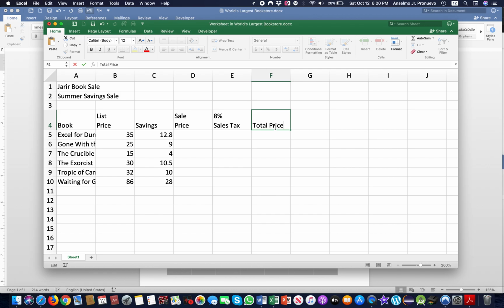Okay, let me say total price. Of course, I have to put the word price under the word total, so I have to press Alt Enter again. Okay, now using two lines, putting one word underneath the other word is done by using Alt Enter. Now I am ready to